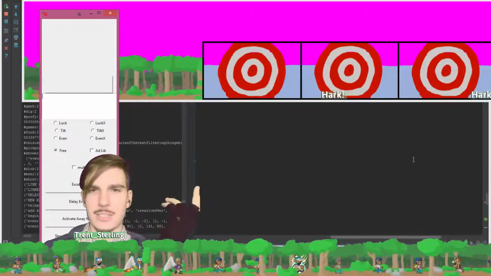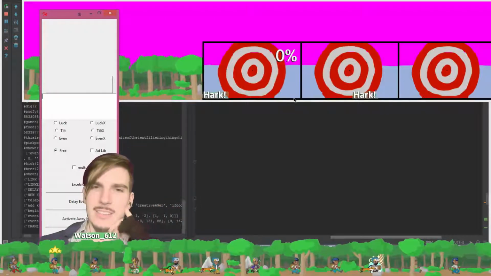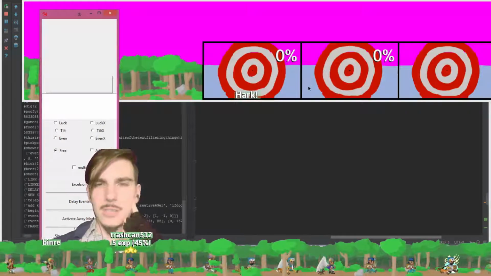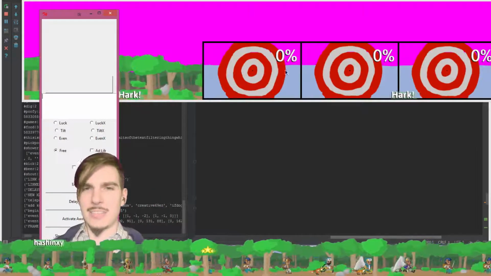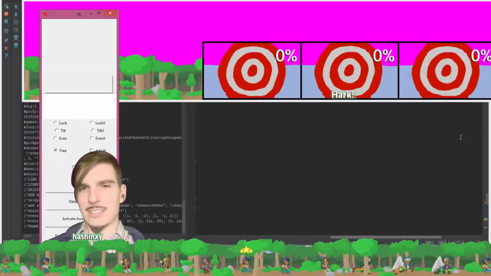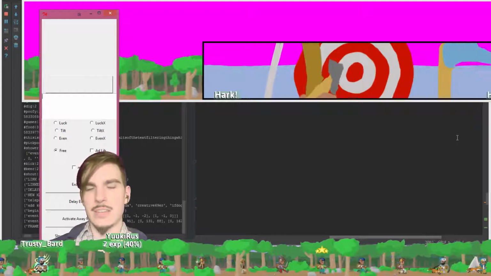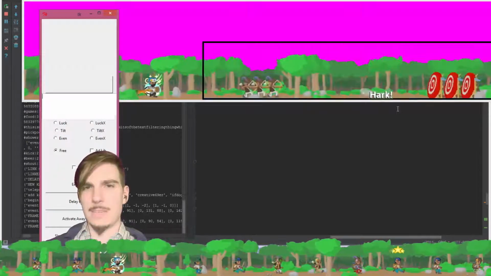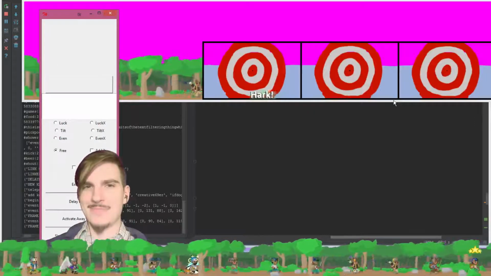Whoa, is it actually going to be working now? 0%. Okay, well, the target didn't seem to work, but everything else seemed to work. And it's 0%, 0%, 0%. That's actually kind of correct. So then, okay, the positions, incidentally, are incorrect. But other than that,